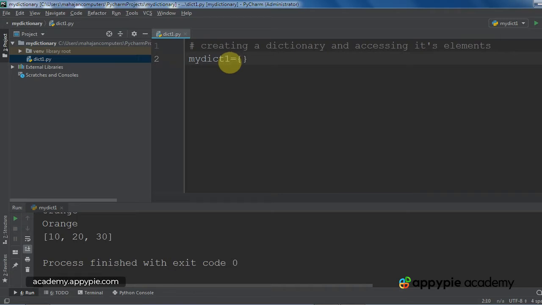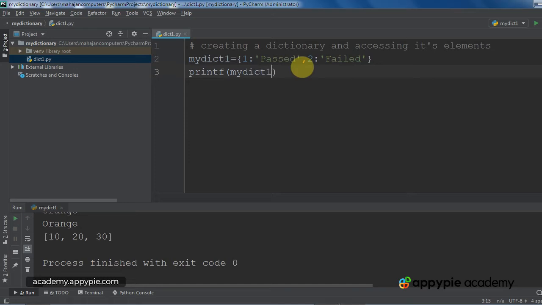So I am going to take a dictionary. The syntax goes like this: my dict1 is equal to, within curly braces I am going to give the pairs. As you know, a pair consists of two things, key and its value. So 1 colon pass. One colon pass means key is 1 and value is pass. So this is the pair, key is 1, value is pass. Okay, after a comma I have given the second pair. The first is key 2 and second is its value fail. So key and values are separated with a colon. Okay,